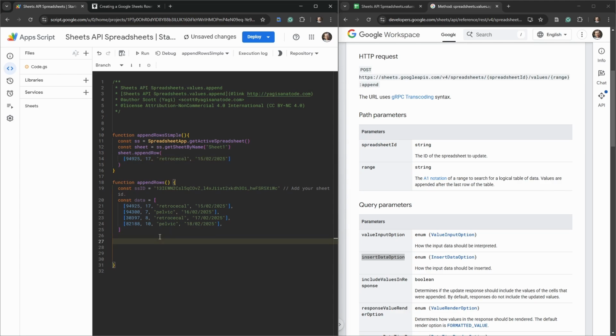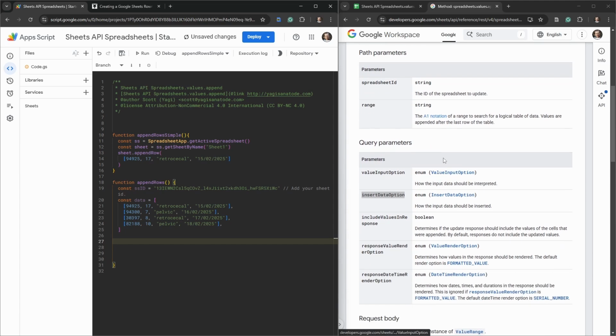All right, so we've got that there. And then what we can do next is we need to select a range to append. And this is kind of confusing in the documentation here. It just says path parameters and range. And you might think, oh, that's the range of data that we have here. Well, it's not. It's the A1 notation of a range to search for a logical table of data. And what does that mean in short? Well, we could shorten that to say const range